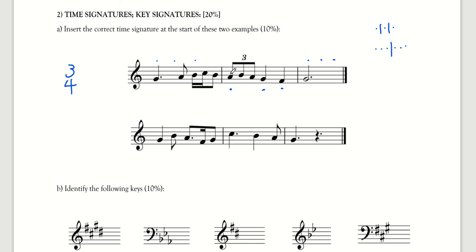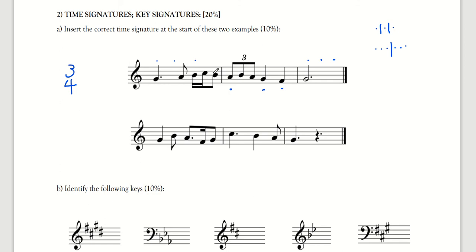So if we have a look at this passage, we can see that this crotchet comes in the middle of the bar, which would be the division in 6-8. So it looks to me like our 3-4, with 1 beat here, 1 beat here, 1 beat here